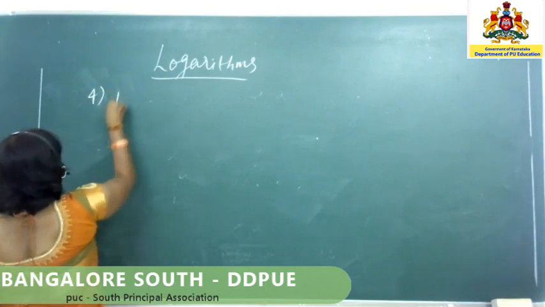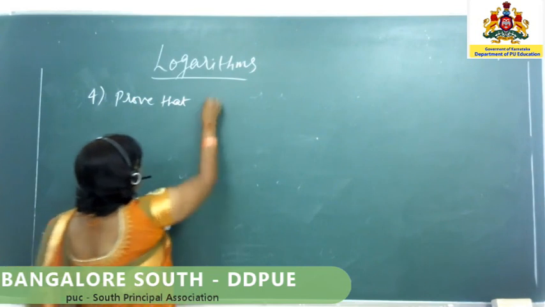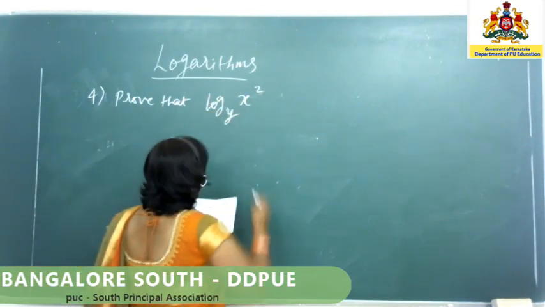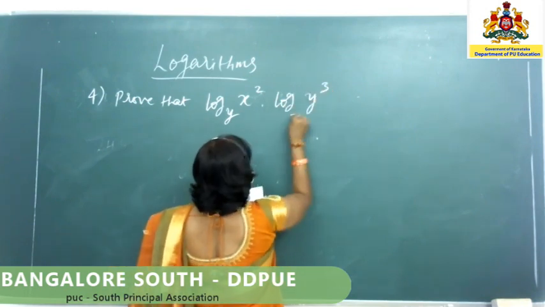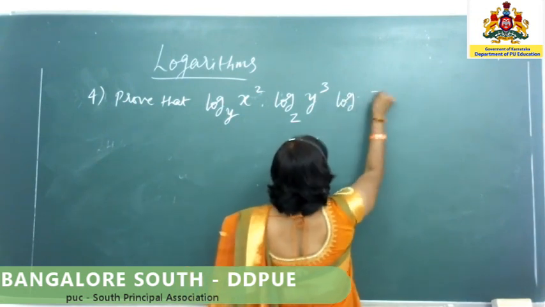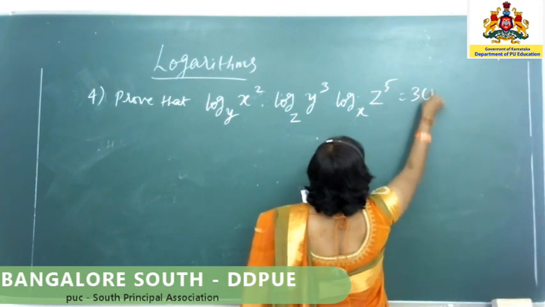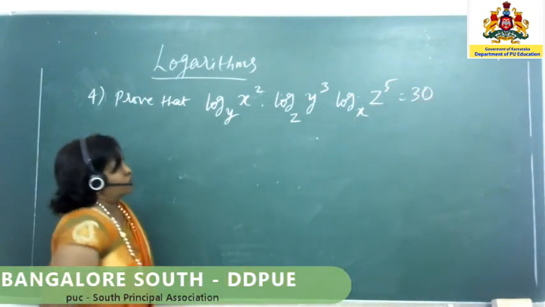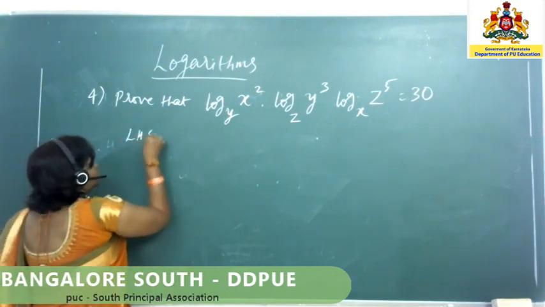Fourth sum, prove that log x square to base y into log y cube to base z into log z to the power of 5 to base x is equal to 30. So here also you consider LHS. LHS is equal to